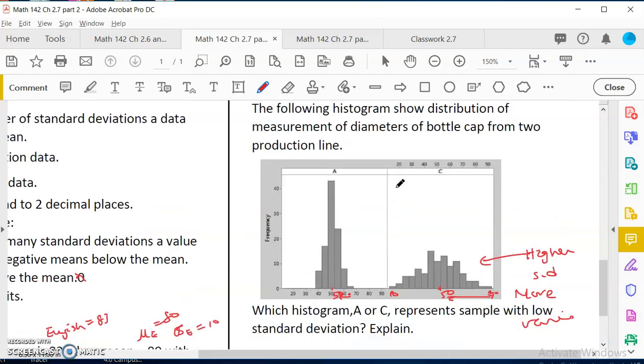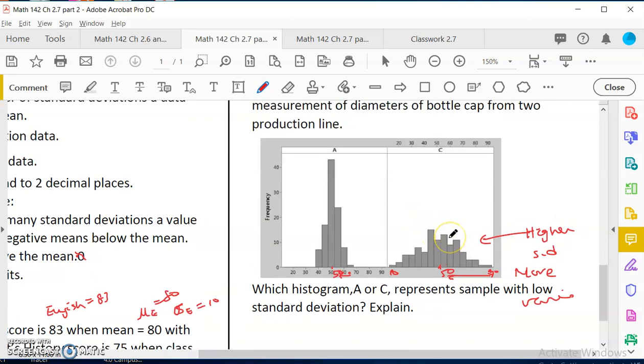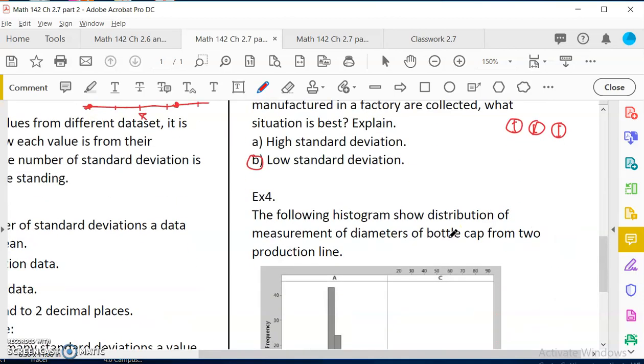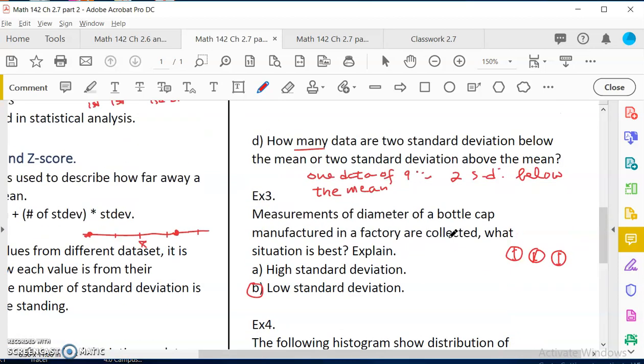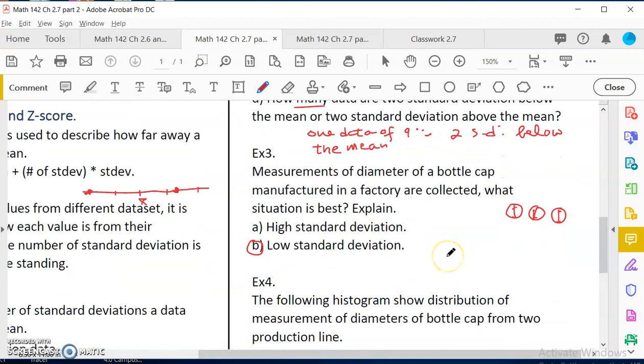Two important concepts: a large number means large variation, and a small number means small variation. Most of the data is within 2 standard deviations above or below the mean. So that is all of